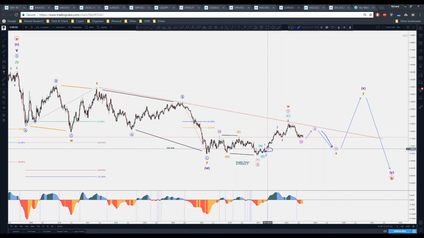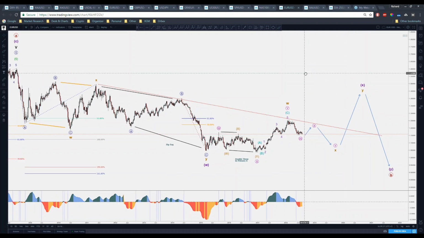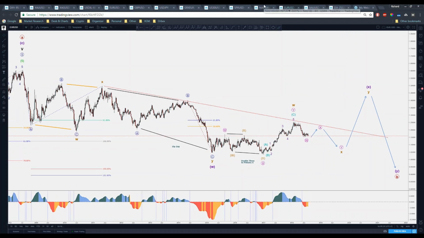And guess what? The French elections gap wasn't filled, so this could indicate that this vibration zone could be hit once more. But for that to happen, normally a correction would occur, possibly a head and shoulders formation right there before an impulse. So it can actually continue, if it's even going to continue, we'll see. I know it's a long time, but I just wanted to share with you my long-term views.